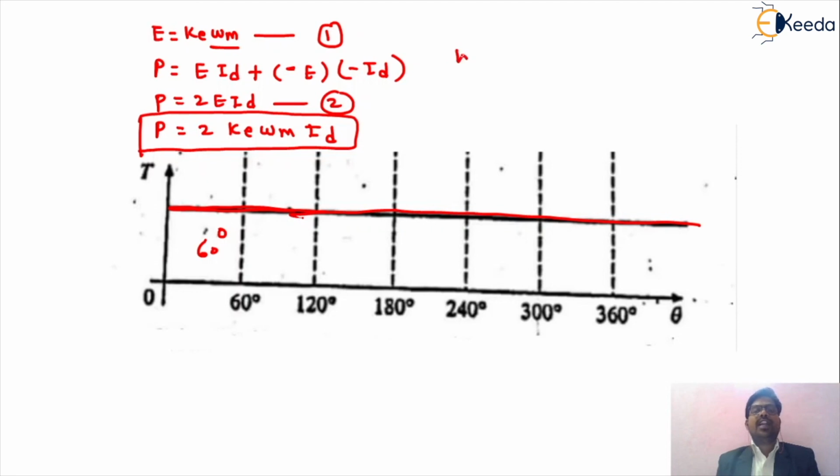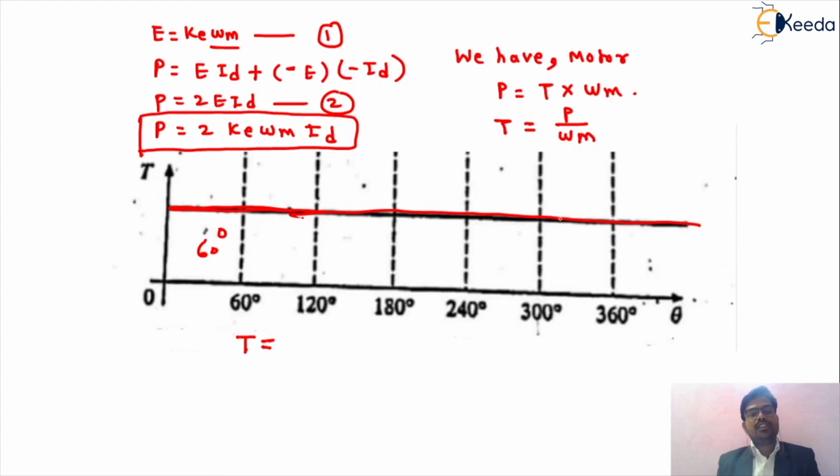So we have the fundamental formula of the torque. What do we mean by the torque? We call it the mechanical power developed by the motor, because it is a motor. So as we know, the motor power P is equal to the product of torque into speed. So if you want to get the value of the torque, we get P divided by omega m. Now we can substitute the equation of P into that particular equation. So we get the value of T. This is equation number 3, this is equation number 4. Now we can substitute the value of equation number 4 into 3. So we get the equation, that is T is equal to P divided by omega m.